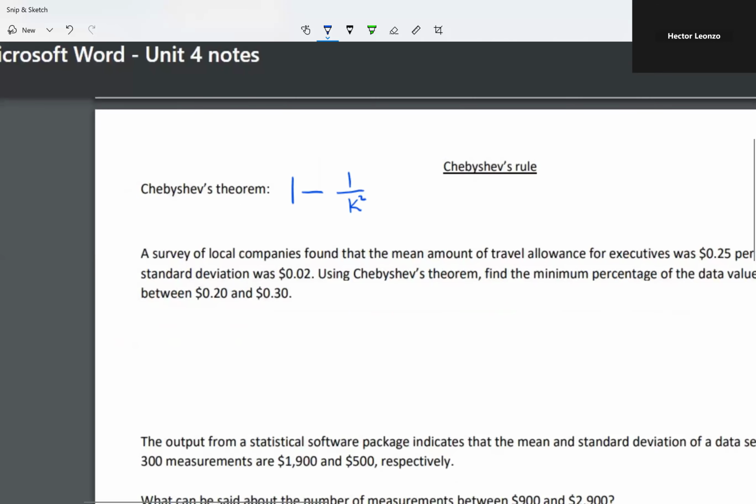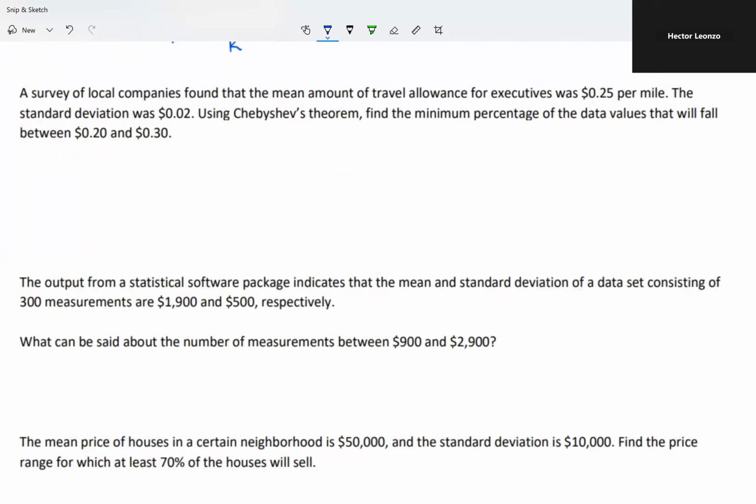A survey of local companies found that the mean amount of travel allowance for executives was 25 cents per mile. This is the mean. Now, the standard deviation was 0.02, so 2 cents. Using Chebyshev's theorem, find the minimum percentage of the data values that will fall between 20 cents and 30 cents. Okay, so